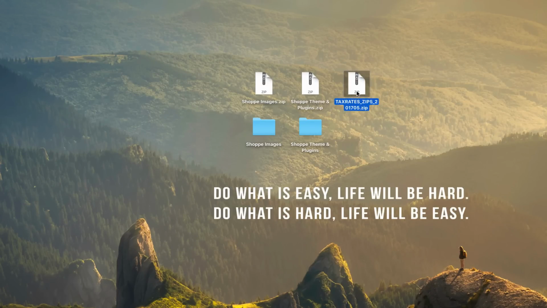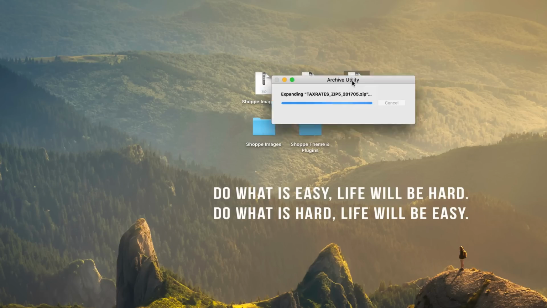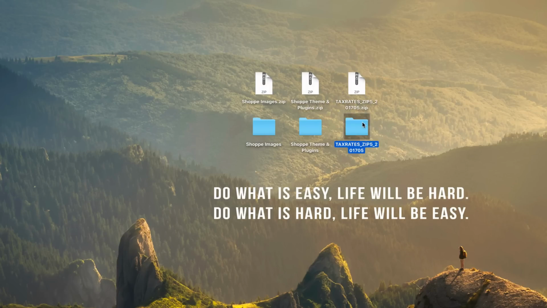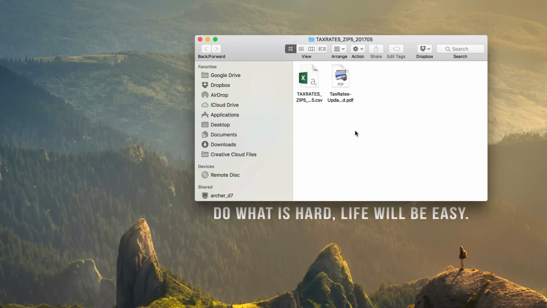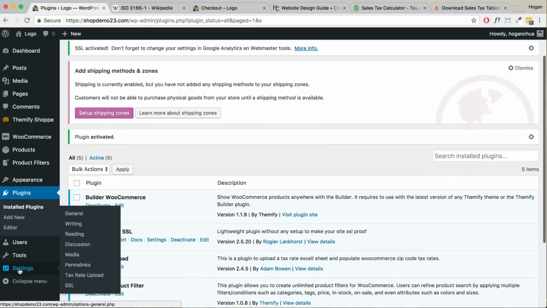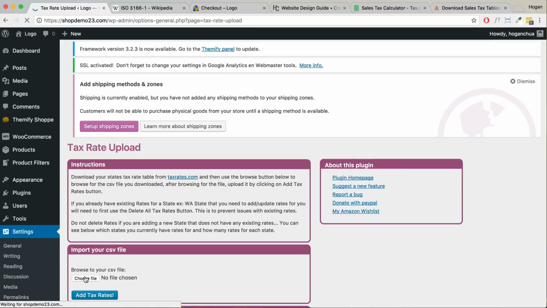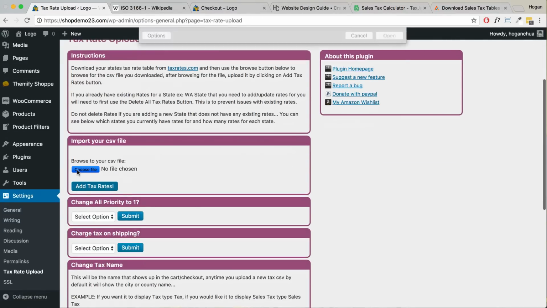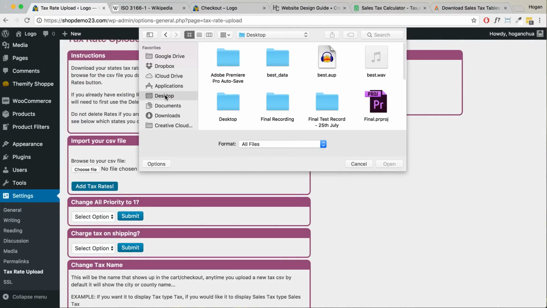All right, so the file should look something like this in a zip file. What you need to do after that, you need to actually double click it, and then it'll open up in a folder like that, okay, or unzip it. And inside the folder, they'll have an Excel file with all the tax rates. So we need to go back to our website and we need to upload those rates. So hover over settings, click on tax rate upload, and you want to choose file, and then we go to our desktop,